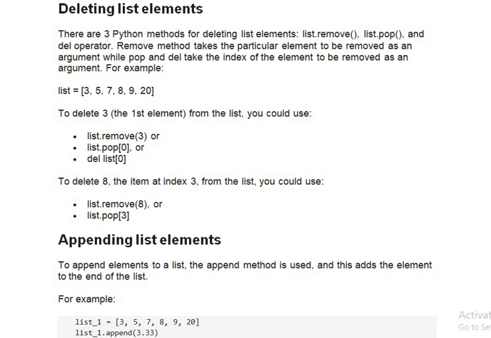So you can delete the elements either using remove or pop or delete operator. So we have methods remove and pop, and we have the delete operator. Look at the example, list dot remove within brackets 3. So 3 is the first element. Look at the difference between remove, pop and del. List dot remove, you need to specify the element itself. Whereas pop is taking index as an argument. List dot pop within brackets 0. Whereas del list within brackets 0.